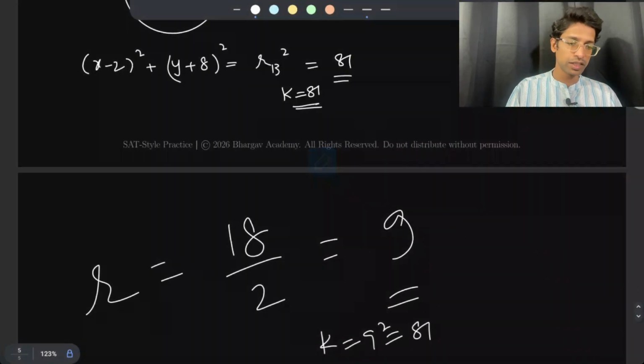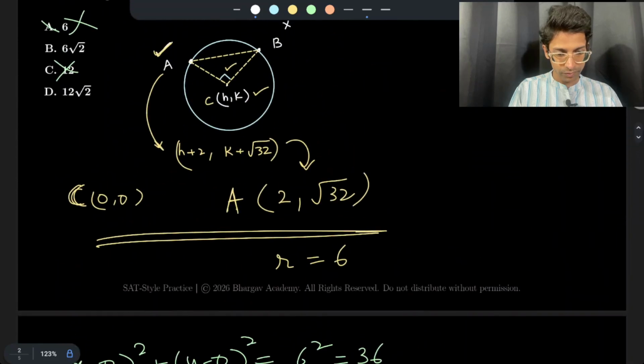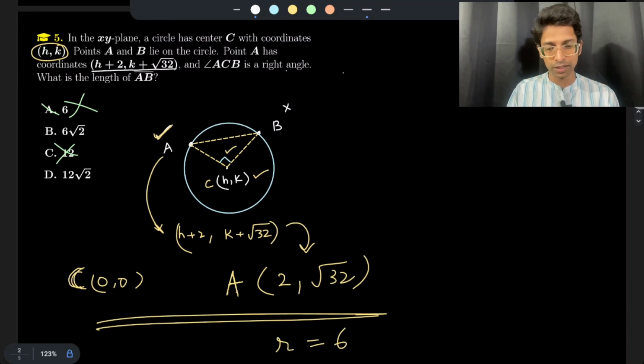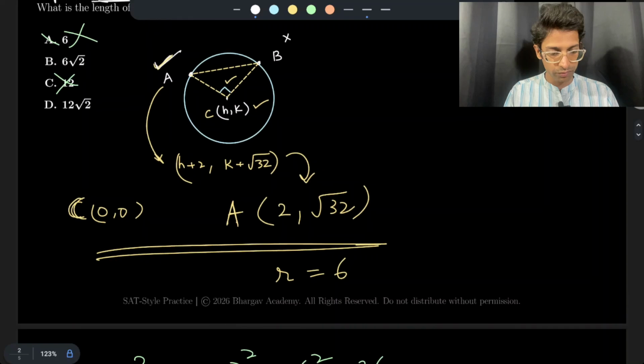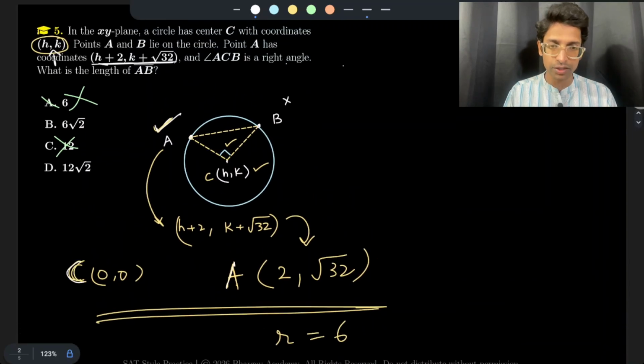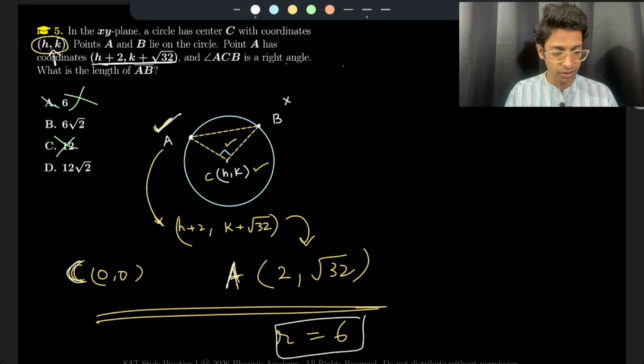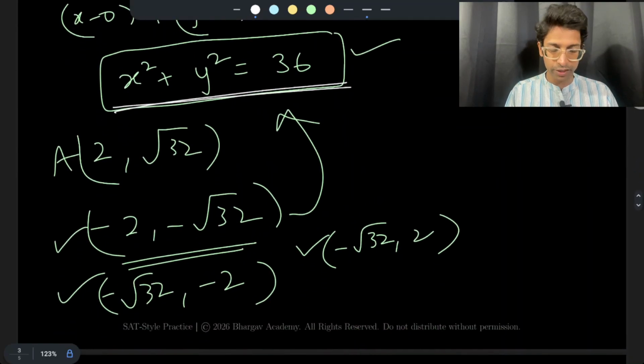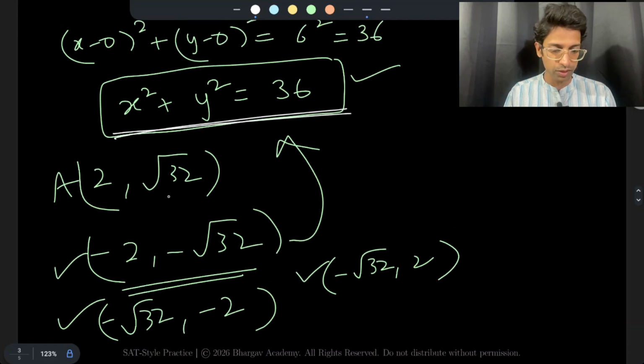Now let's try to recap what we have learned in this video. So we have solved two problems, and what did we do here? We have assumed the center of the circle to be 0, 0, and then that makes this point 2, square root of 32. This is a right angle triangle. He has given you the point A, the center, and he has asked us to find the distance AB. So we have found the distance CA using Desmos. We have got it as 6 units, and then we have written the equation of the circle, which comes out to be like this. And then we have figured out that if 2, root 32 is one of the points,